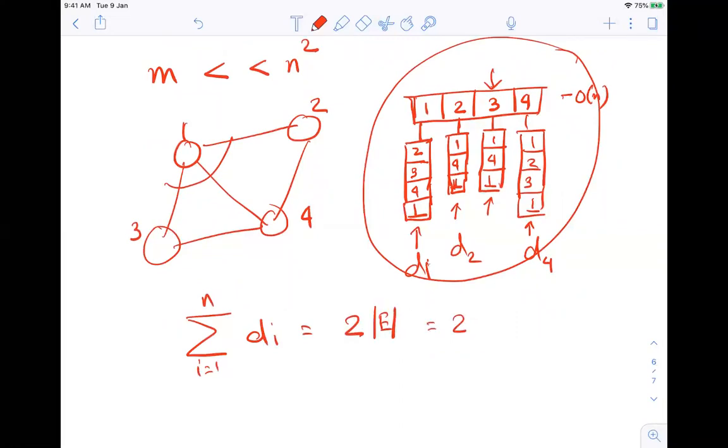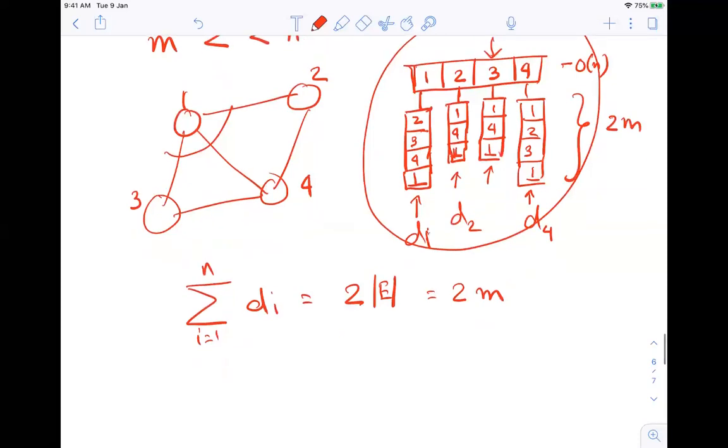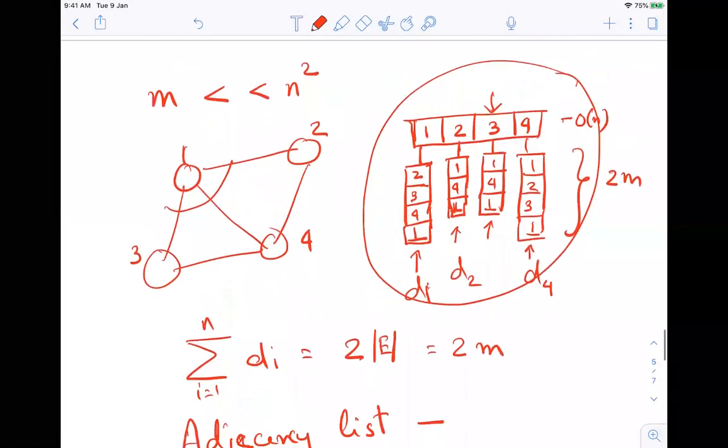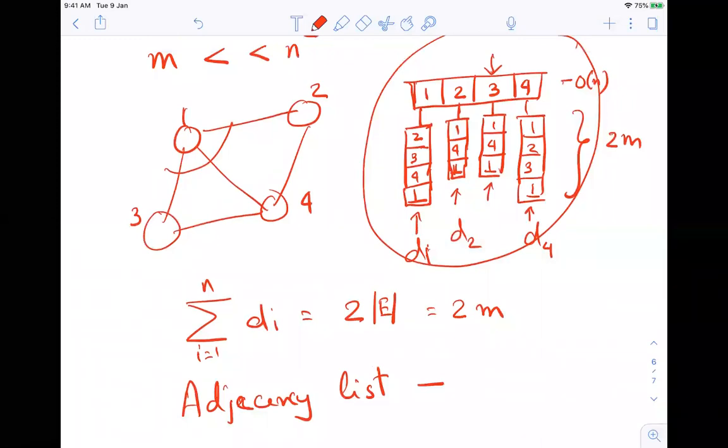So this is 2 times m. This is known as the adjacency list. The earlier one was the adjacency matrix.